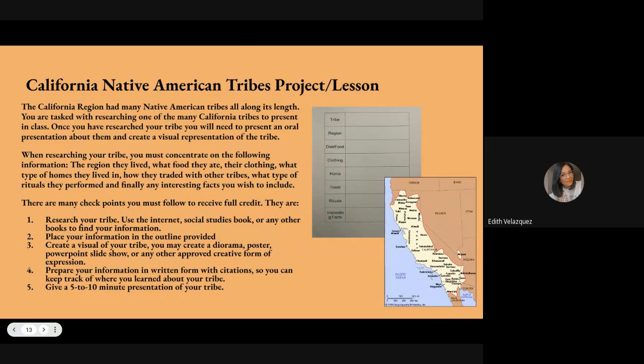The lesson that I would incorporate into a classroom would be a group project based on the California Native American tribes, to learn about the current demographic data that we have. I would split these students into heterogeneous groups, where they would have to choose a tribe and research on this